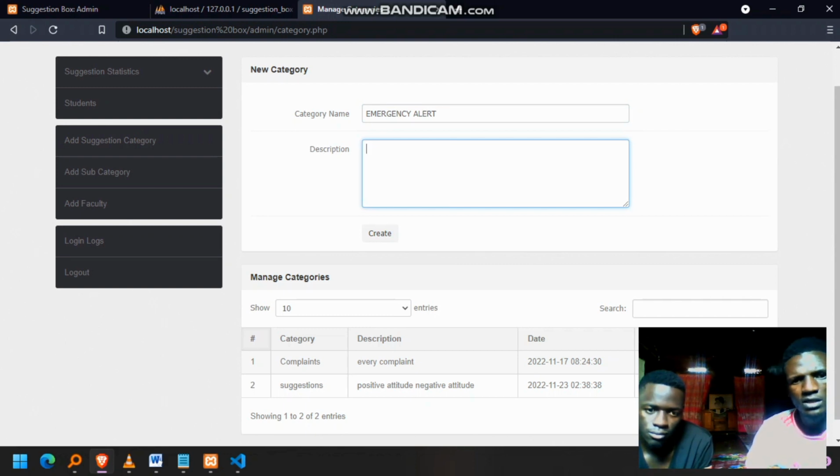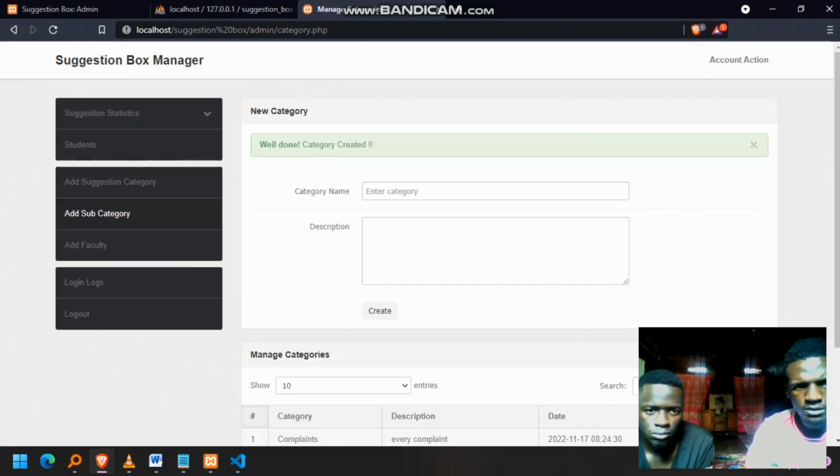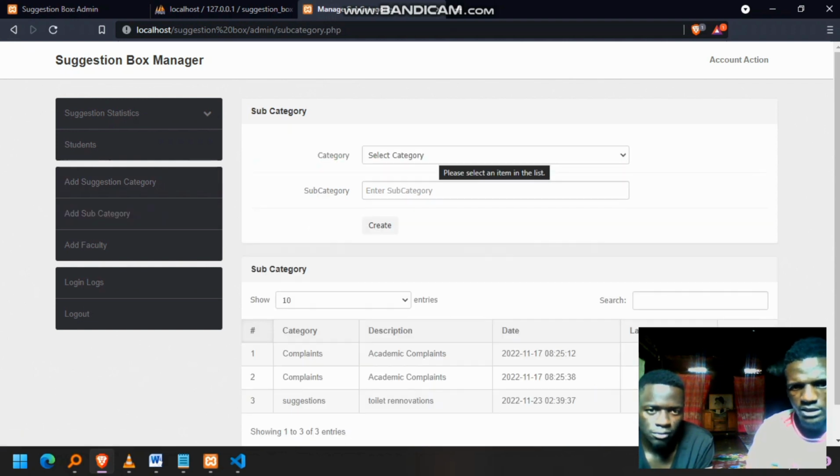The student can come up and alert the administration through the suggestion box. Can say maybe the description, still call it alert. Can create it, then we can go to subcategory, because we are creating this as an administrator, so that